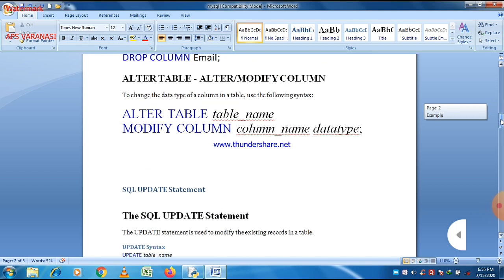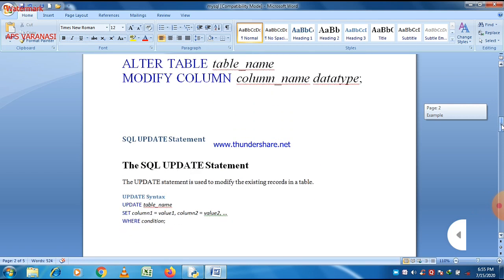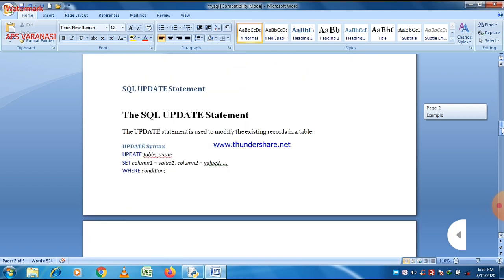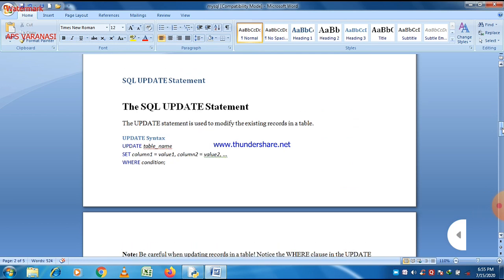Now the second is the update statement. Update is basically a DML statement in which we can manipulate the data. If you want to change the data or records in a table, this is possible by using the SQL update statement.